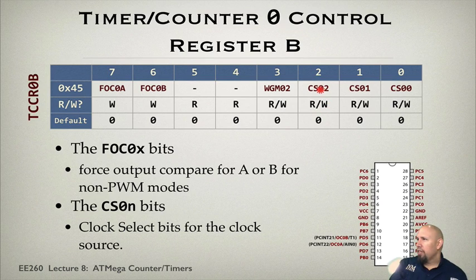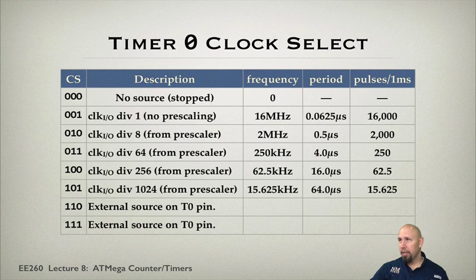Okay. CS is the clock select. So this allows you to choose the frequency that you'll be working with. And FO, those are force output compares for A and B in non-pulse width modulation modes. We're not going to be using much of those, but we will need to use the clock select bits. So the clock select bits, those 3 bits give us these options for a clock